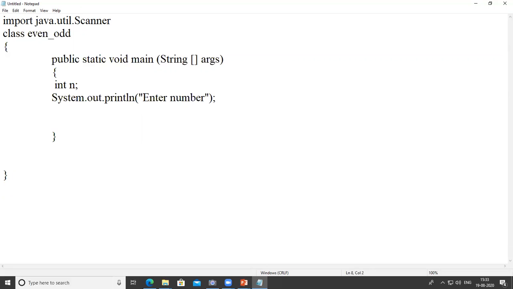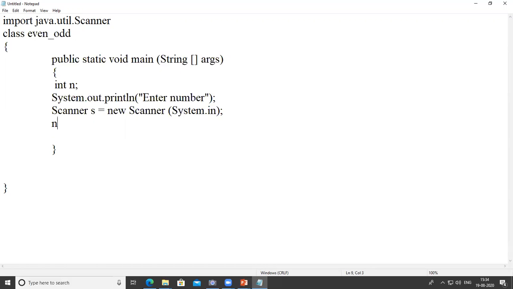And to read a number, we create an object of Scanner class. So Scanner, class name, suppose s is equal to new Scanner in bracket. We pass System.in. Okay. Then semicolon.